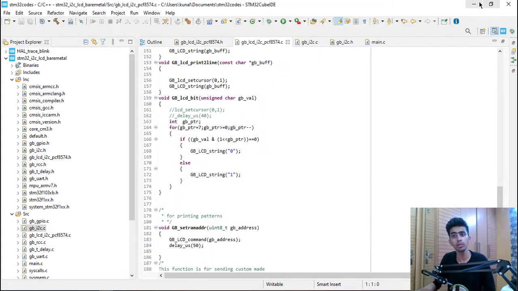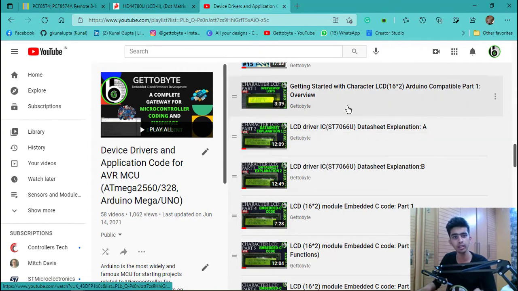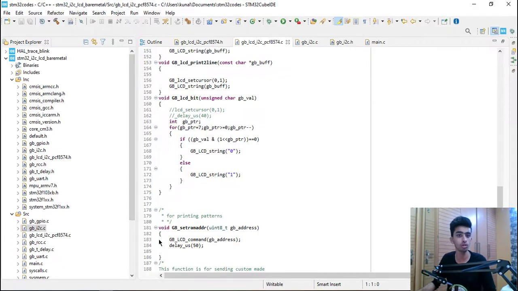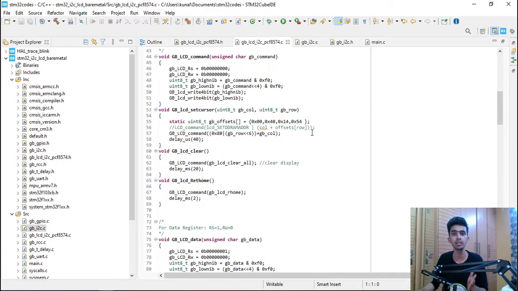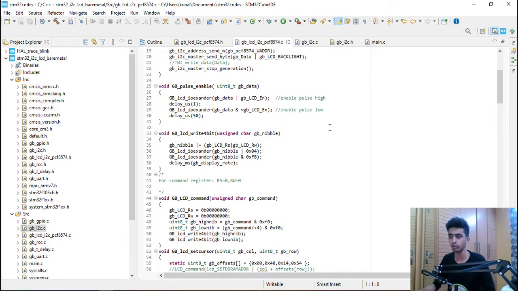I will not go into much detail about the LCD screen datasheet explanation specifically, because I have covered all that in my previous videos of my channel, in which I explained the LCD screen datasheet from scratch in 3 videos, and also wrote the embedded C code without using I2C modules. In this video, we are just going to concentrate on the I2C algorithm, the I2C logic that is required for printing the characters and text on the LCD screen, and what the algorithm for it is. So now, without wasting time, let's get started.